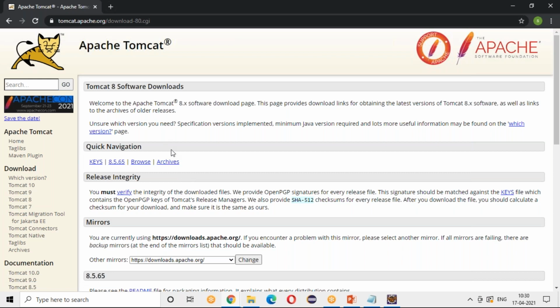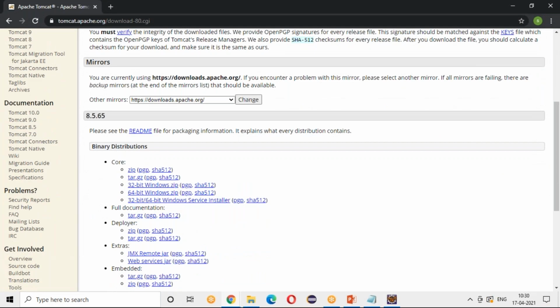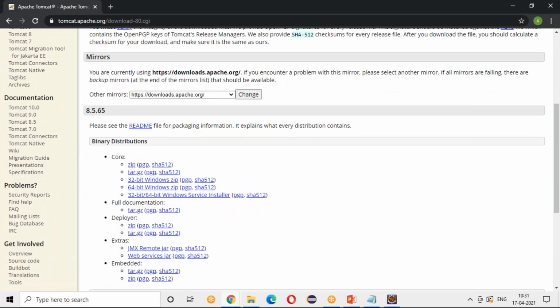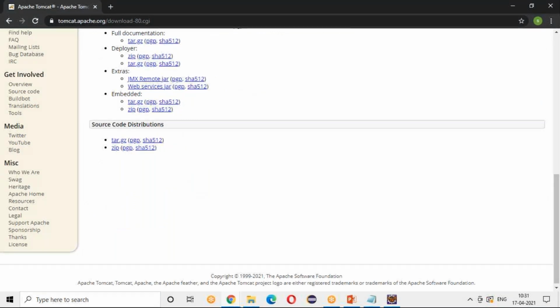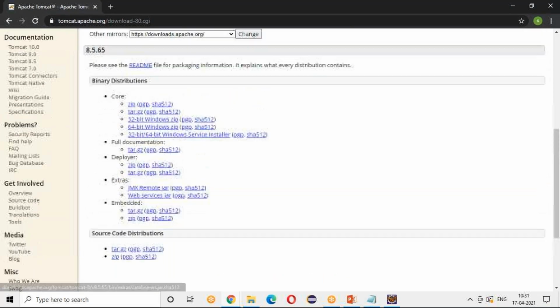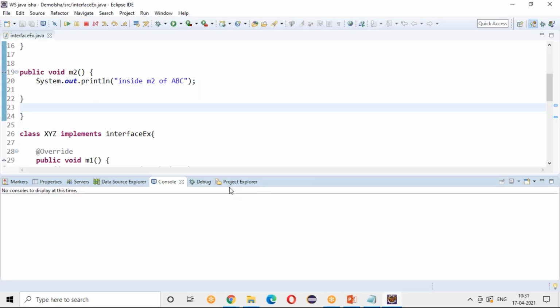For version 8, you can choose whichever you want, like 64-bit or 32-bit. Based on that, you just click on this and it will download.